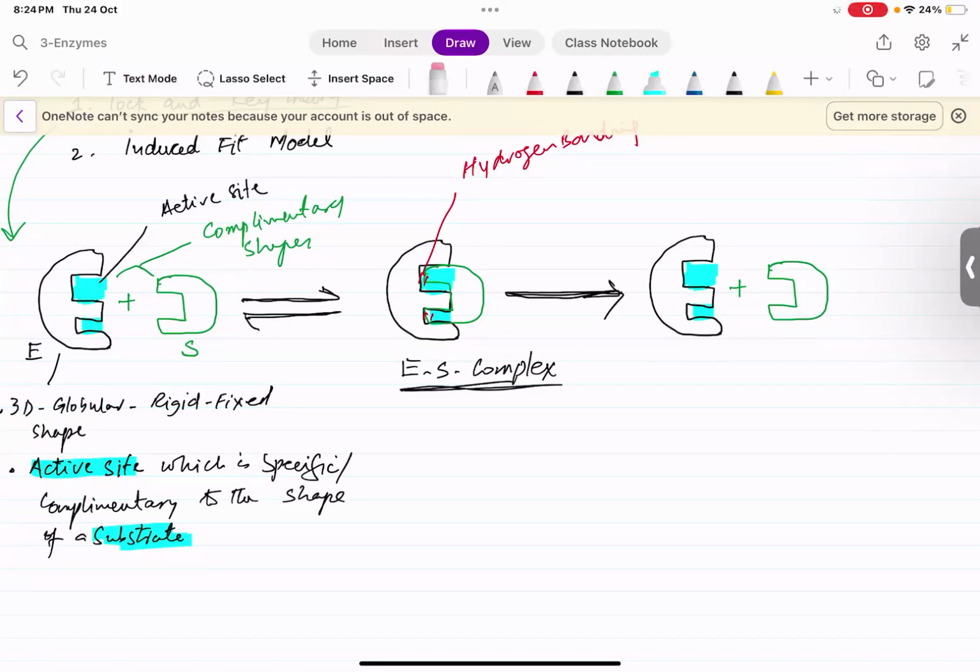So this substrate may be broken down into two parts, and it is converted into